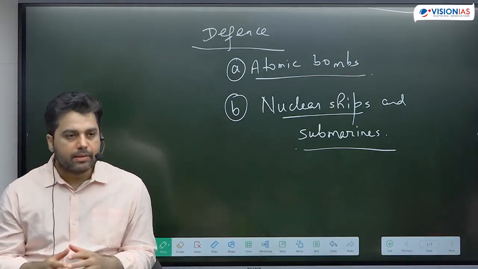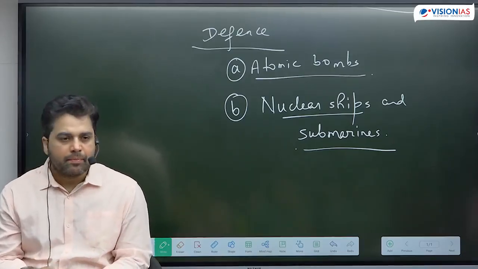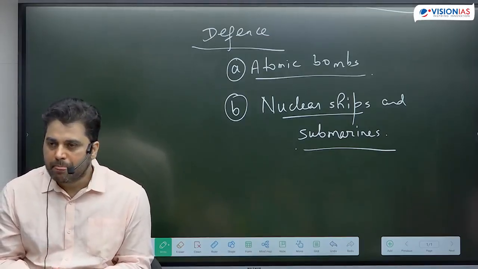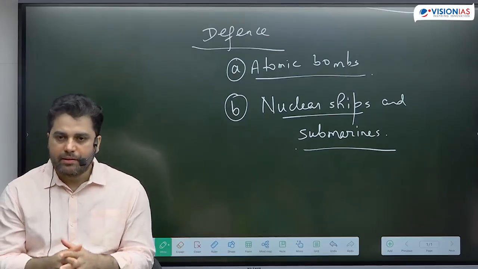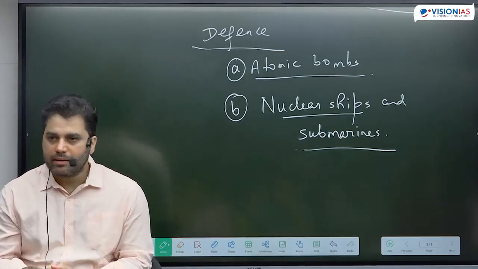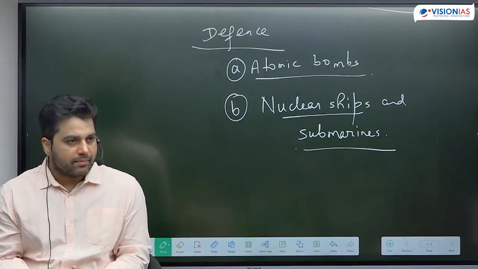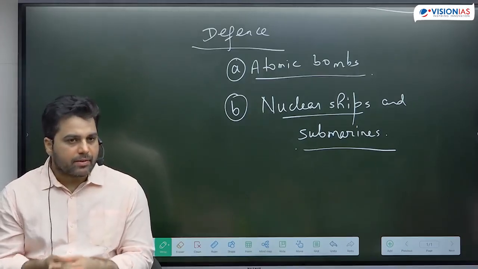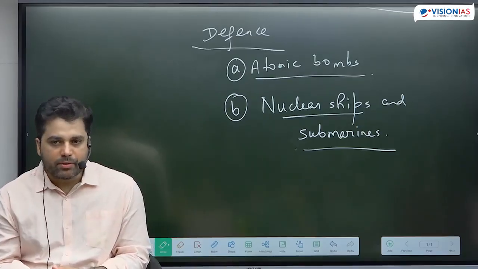I will be talking about submarines in defense technology, but I hope everybody is already clear about submarines. We are talking about a water submersible vehicle. But a water submersible vehicle requires some sort of engine to operate. Often we use a diesel electric engine. The problem with a diesel electric engine is that it needs oxygen. Without oxygen, diesel is not going to burn. Because of that, it needs to come to the surface from time to time. And that is not what submarines are known for.